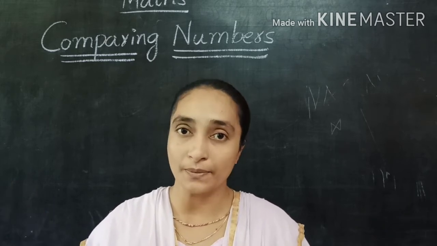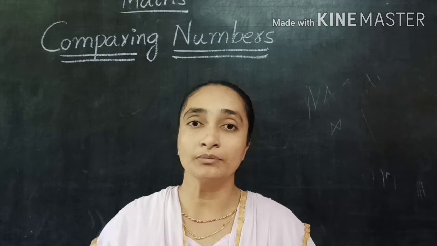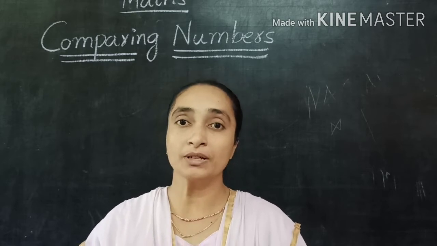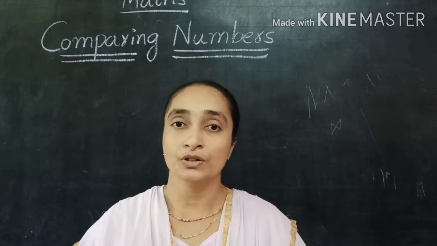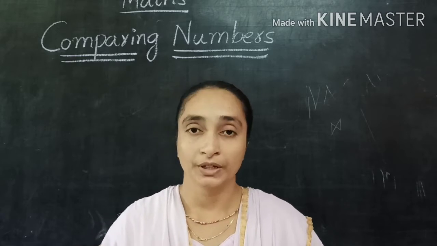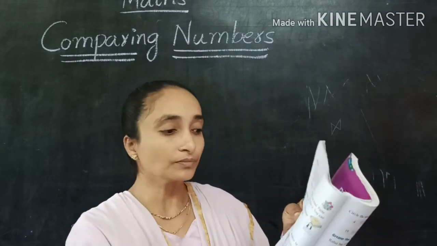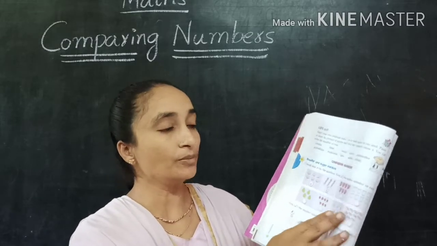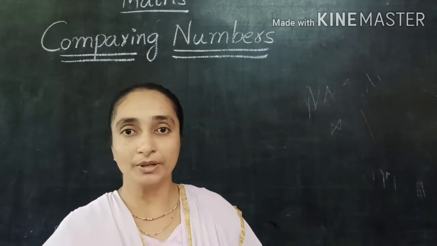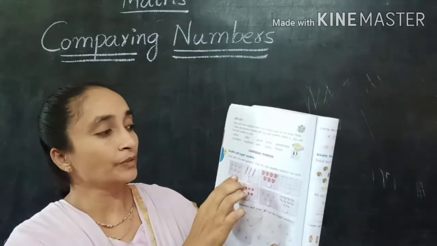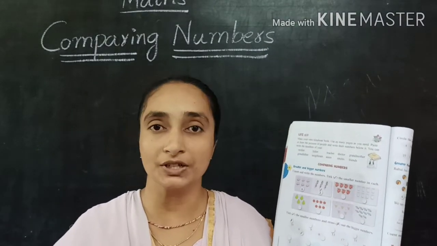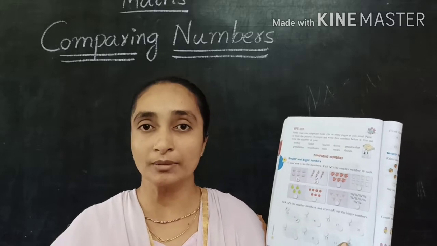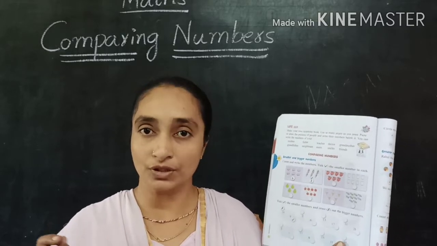Like that, in the same way, we have the comparison of numbers also. Some numbers are very big numbers, some are less. So let us have a look at this. Take your textbooks, children. Here on textbook page number 88, count and write the numbers. Tick the smaller number in each. So which is the smaller number, that one we have to tick.